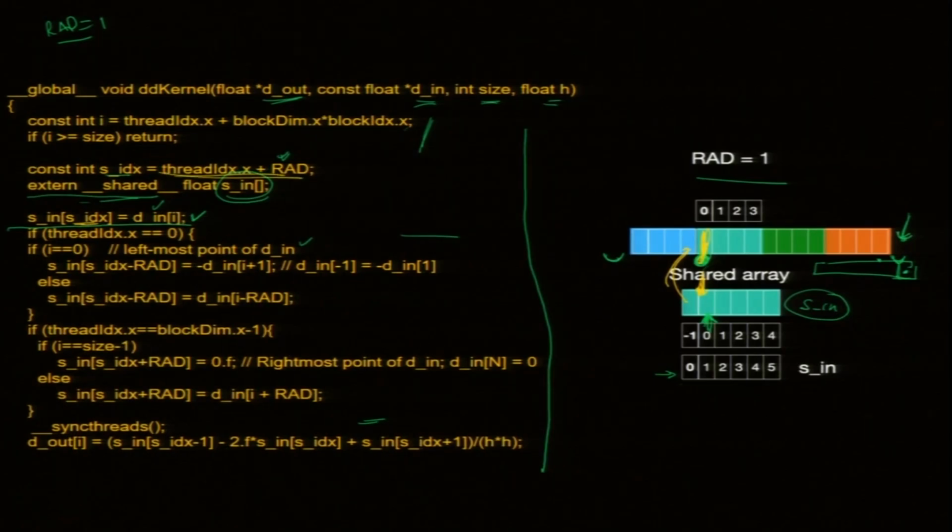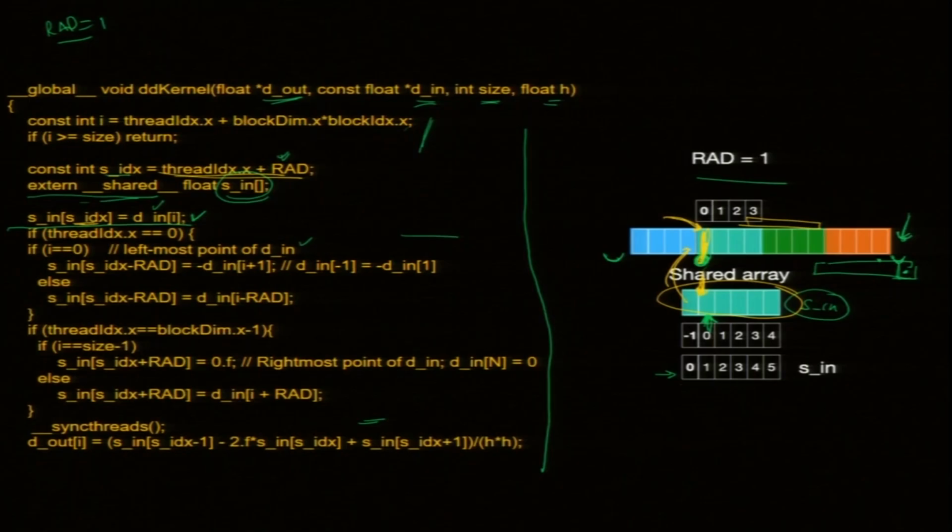Well, actually it is not I plus 1, no? That is another problem. I for this guy is 4, but what is the thread index for this object? 0. So, in shared memory it has to go to 0 plus 1. It should not go to 4. The shared memory is local to every block. So, this is the shared memory for block 1. I have shared memory for block 2, separate shared memory. I hope this part is clear.